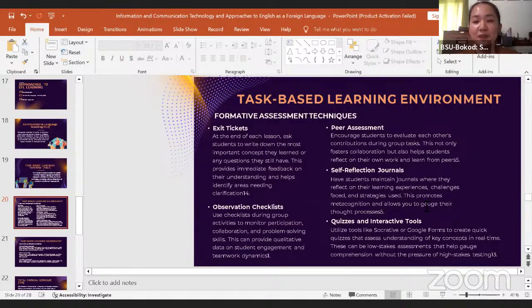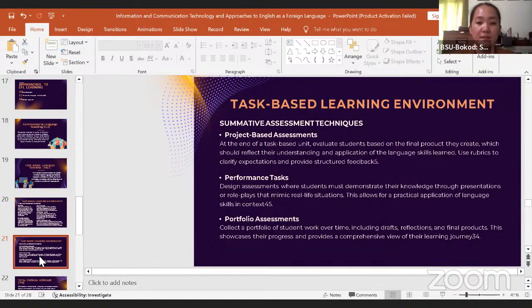We let them also write their self-reflection journals, and also quizzes and interactive tools. So we utilize Google Forms or the Socratic way Q&A to create quick quizzes that will assess their understanding of the key concepts in real time. Okay, after you give them the task. So these are examples of formative assessment.